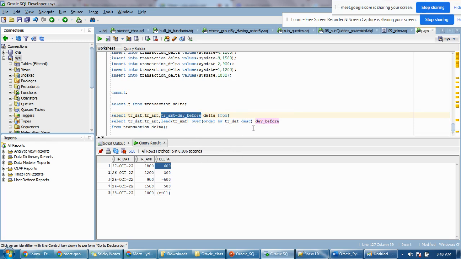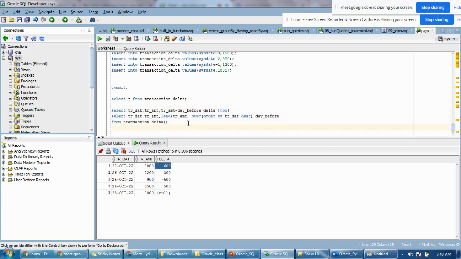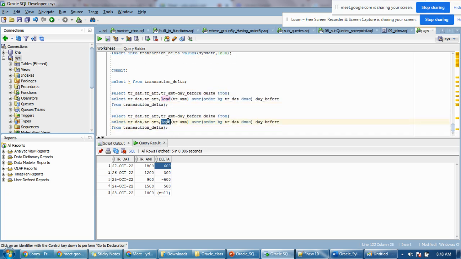This is definitely used in real time. In any mutual fund business or share market, how much loss today, how much gain today, how can they show all these things? By applying the lead and lag functions. Lead will take the next value. What will lag do? Just the opposite. Same thing: it will take the first value, keep it as a minus, and it will pick the